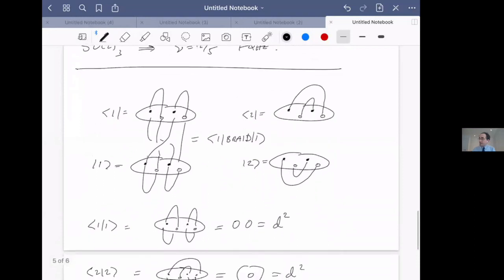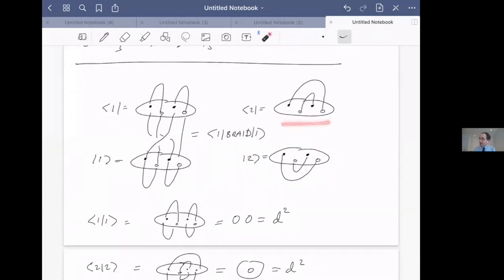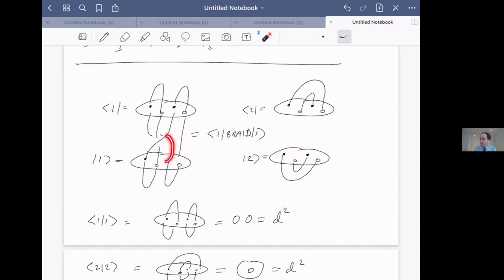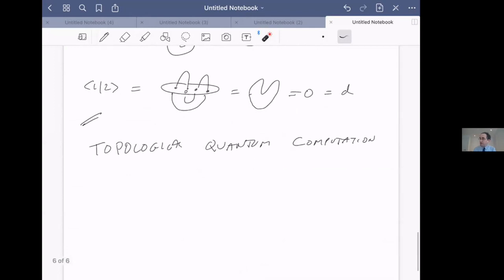So what I did here was I just took these pictures and I squeezed them together. The physical state up here and the physical state down here are the same. They have particles at the same places and holes at the same places. I have to match up a particle with a particle and a hole with a hole. So this one has to match up here, this one has to match up here, and these two have to match up like this. So in this picture, I can have a picture where the things are linked, but I had to put something more complicated in between. So I hope that clarifies what's going on there. Ask again at the end if I didn't answer properly.